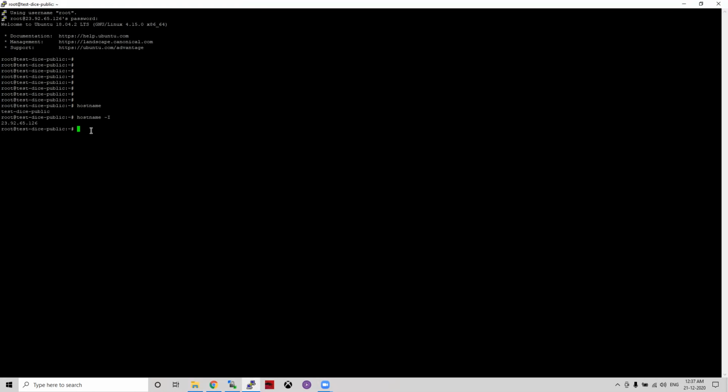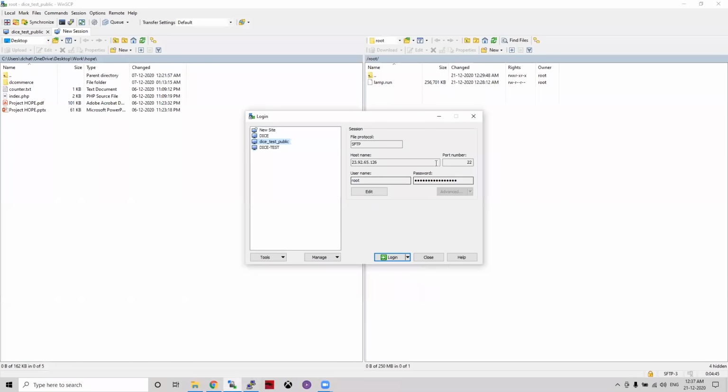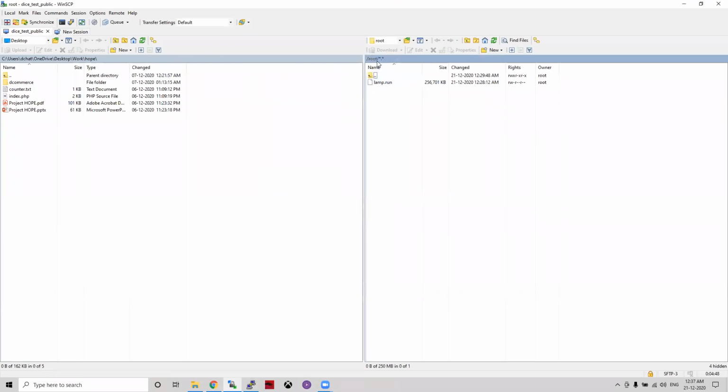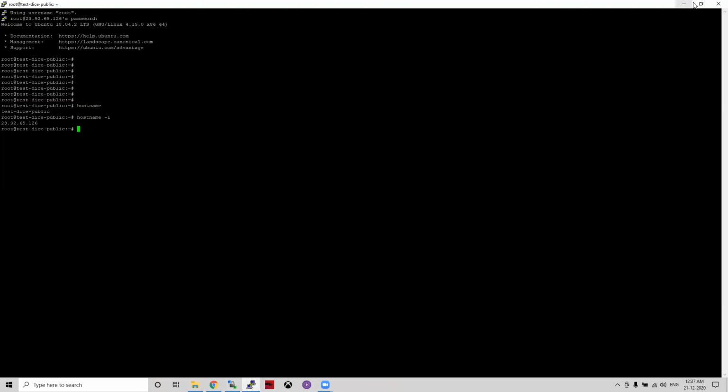Okay. So now, basically, where we have uploaded the file, we have uploaded the file in the location of /root. So let's go to that section. So how to go there? We need to go to cd /root. If you do pwd, pwd means the present directory, it will show you the present directory. And I have used cd /root, that means change directory. So wherever I am, let me go to the directory of /root. That is my objective, by running cd /root.